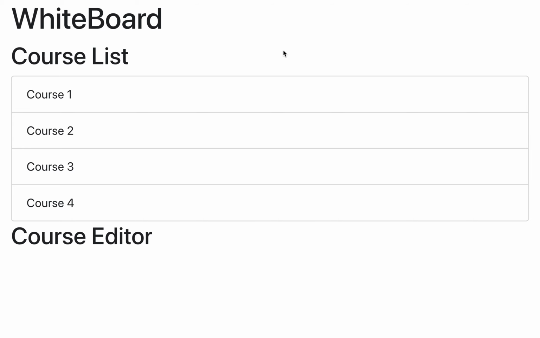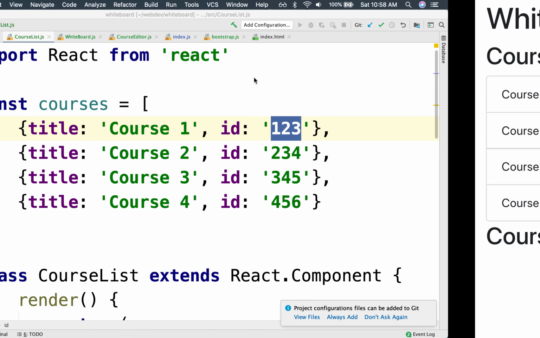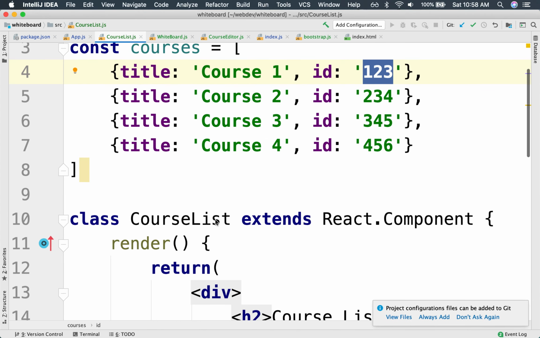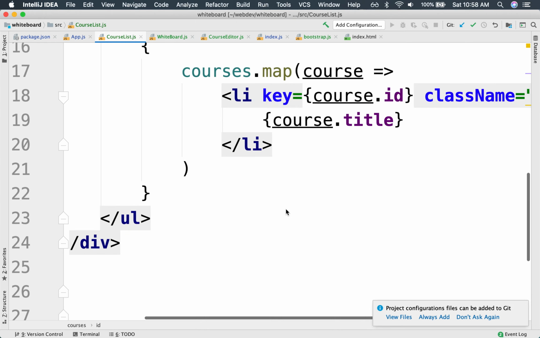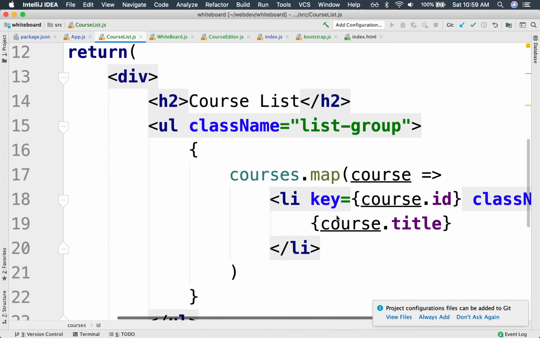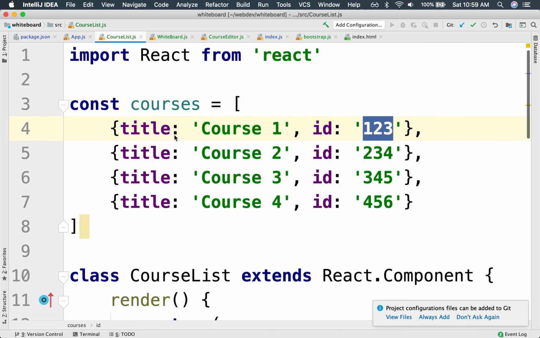The course list that is being dynamically rendered by a React component called course list. Right now it's using this array of courses and then just iterating over that array. Actually, a better solution to this would be to encapsulate this data into a singleton that is responsible for managing all the data that we're going to be using throughout the application, as opposed to hard-coded in this